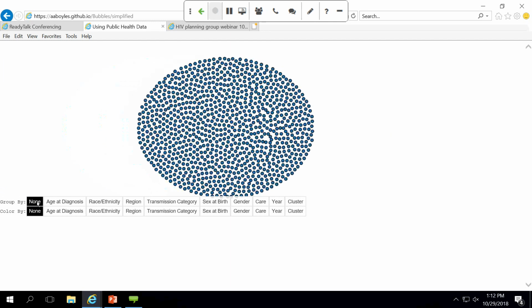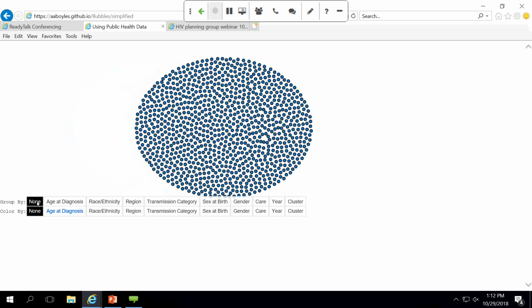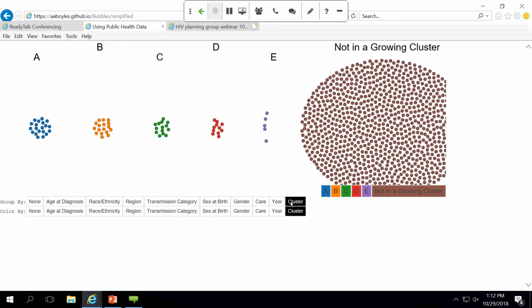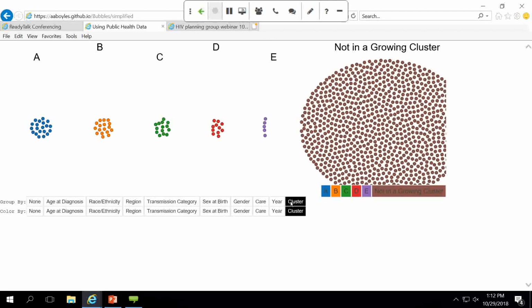Now we have a new tool for identifying situations where there's increased transmission. We can use laboratory information to identify when there are groups of infections that are very similar, much like public health does when looking at outbreaks of tuberculosis or foodborne illness. For example, here you can see several growing clusters. For HIV, when we find a group of similar infections, it suggests that they are all part of a common network. These similarities also tell us that HIV likely spread quickly throughout this network. So let's zoom in on one of these networks.